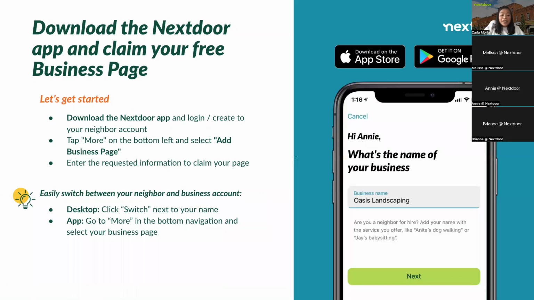So to start with Nextdoor, you're going to first need to claim your free business page. To do that, you're going to download the Nextdoor app and then log into your neighbor account. And if you don't already have one, you'll have to create that first. So create that and then tap more within the app, and then you'll begin to get into the page claim